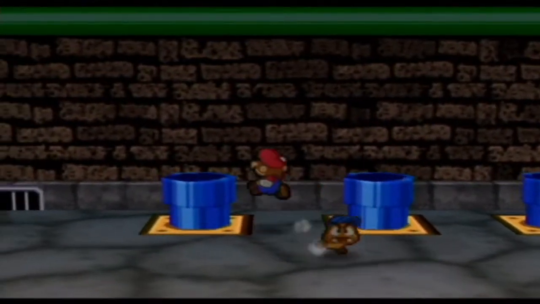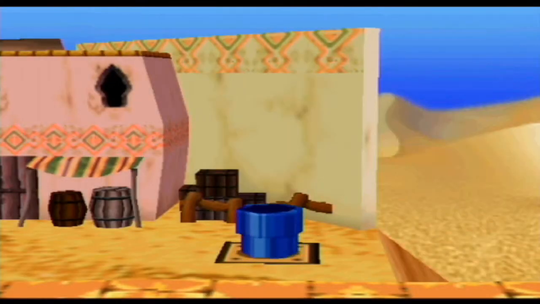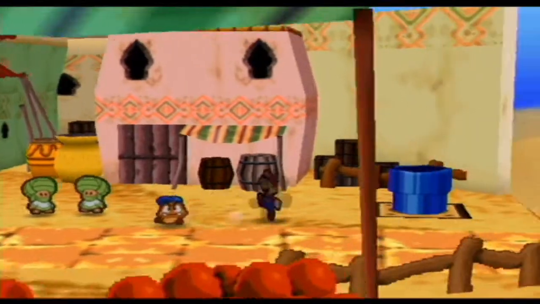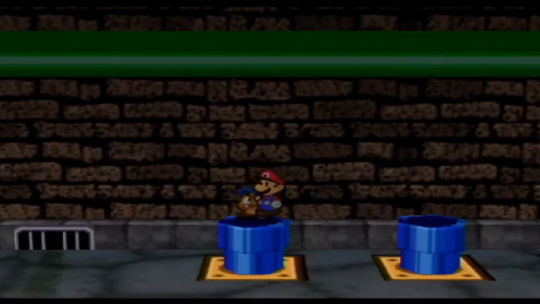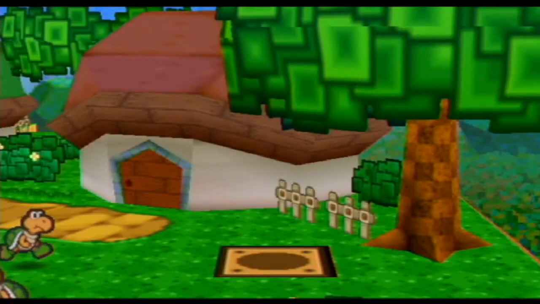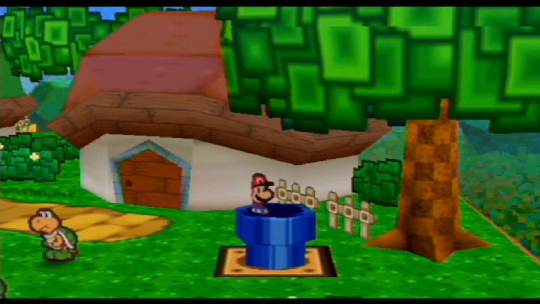And here are these pipes right here. A few of these will take you to areas that you've already been. This one will take you back to the Dry Outpost, which we were just back at. This next pipe should take you... Let's see. This one will take you back to Koopa Village if you need...